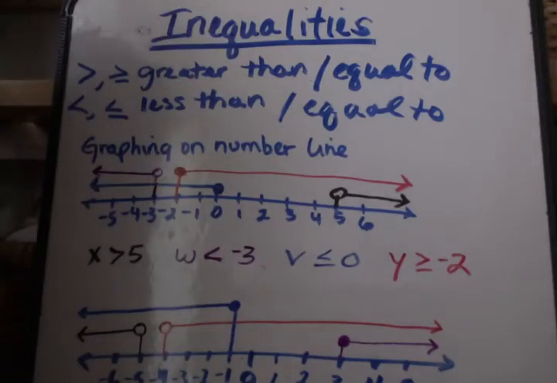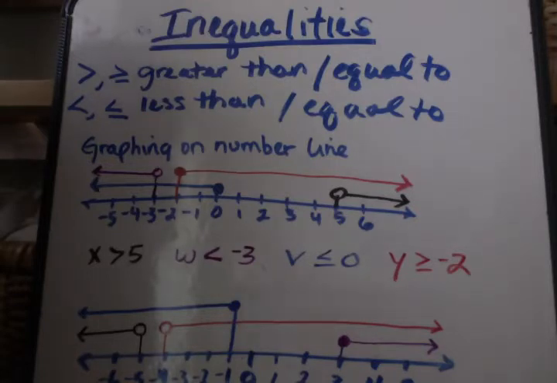Okay, we're going to be talking about inequalities. When you think of the word inequalities, what you should think about is just less than, greater than, less than or equal to, greater than or equal to. This is when it's a range of numbers that makes the equation true, not just one number. If you say x equals something, that's just one number. When I say x is greater than some number, then all the numbers greater than that number make the equation